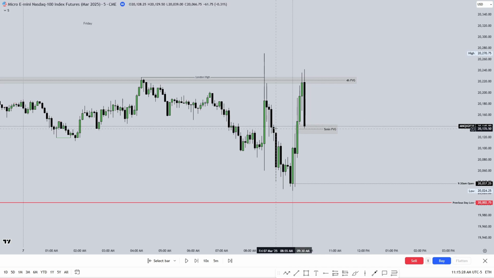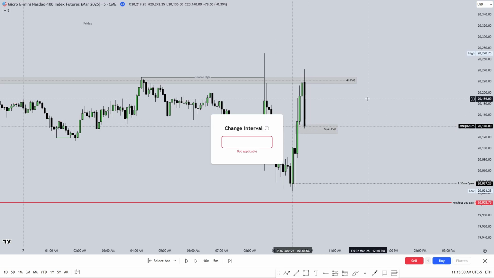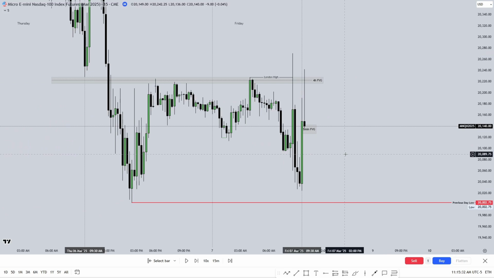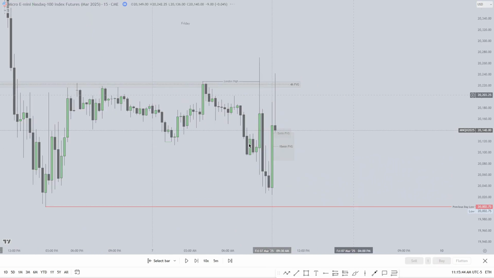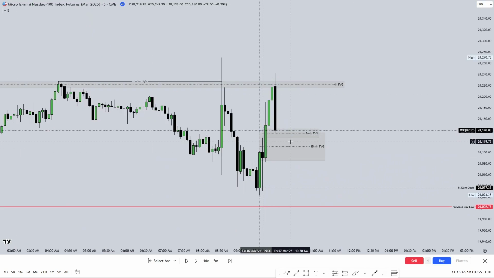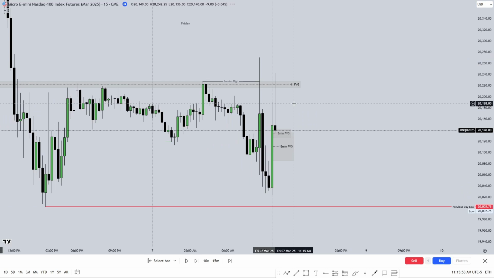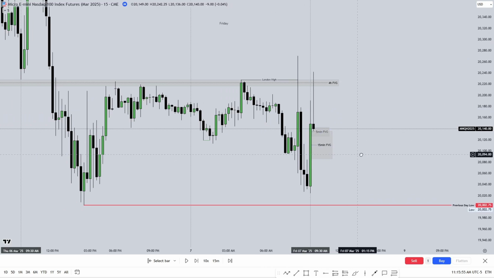Hit this 5 minute fair value gap. We can check the 15-minute, see if anything is going on right there. No. Okay. But what we've done is we've created this 15-minute fair value gap, which is a little bit concerning for shorts, because now using just this 5 minute fair value gap alone, a close below it, it's not nearly as high probability because we're still trading into this 15-minute fair value gap at this point.